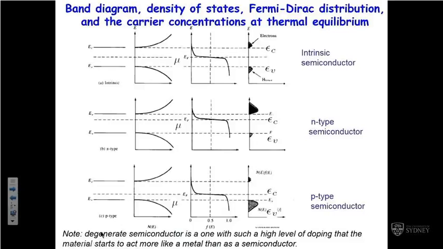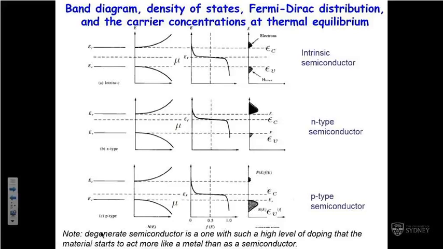This diagram just summarizes a little bit what we've been looking at. If we look over here, we just have a schematic of our semiconductor, valence band maximum, conduction band minimum. Here, if we just look at the first one, intrinsic, so no actual dopants. The chemical potential lies exactly midway in the band gap, and we will derive that today to show that's the case. And here, it's plotted in terms of density of states. Sometimes we had it lying down that way and had the density of states going up that way. Sometimes you can put it vertical and have it that way as well. So the density of states